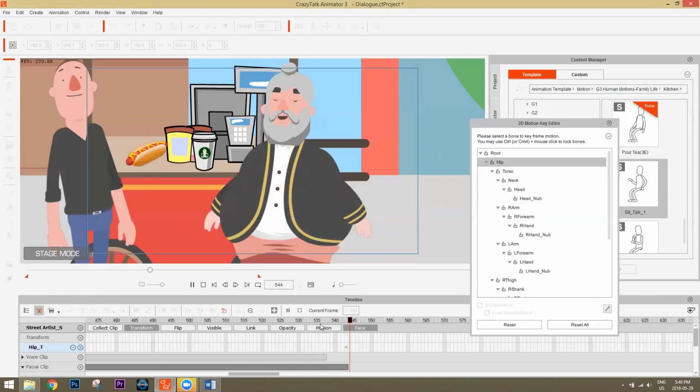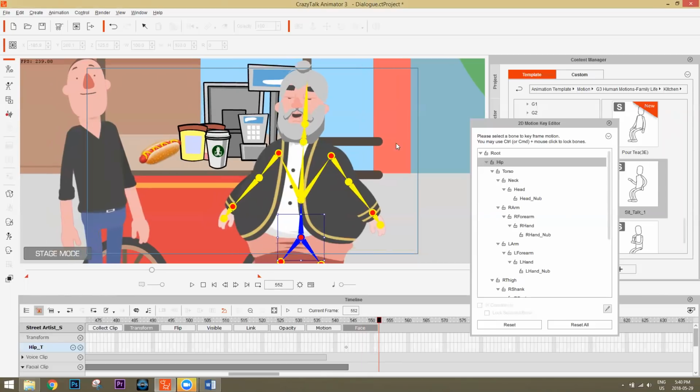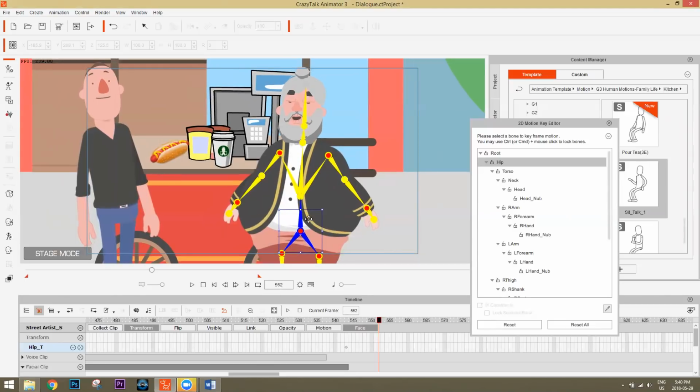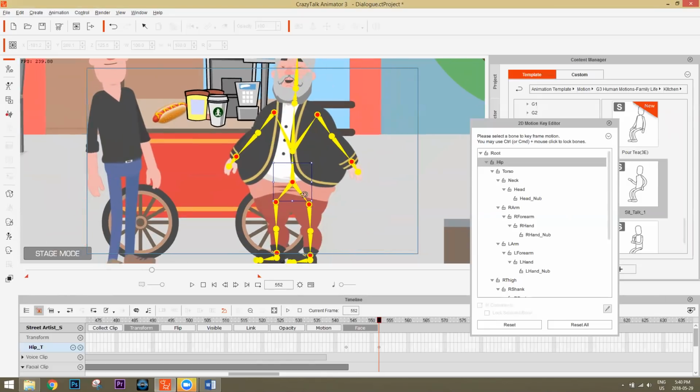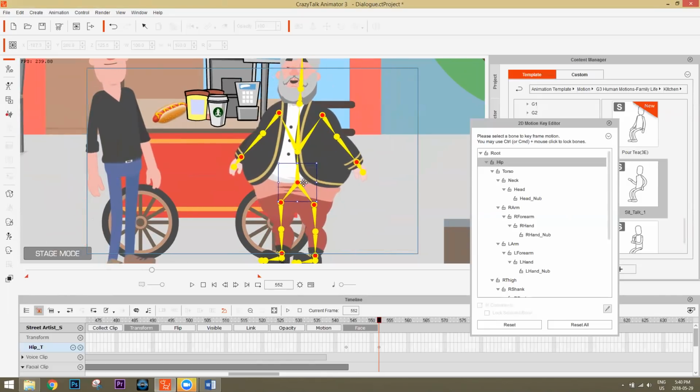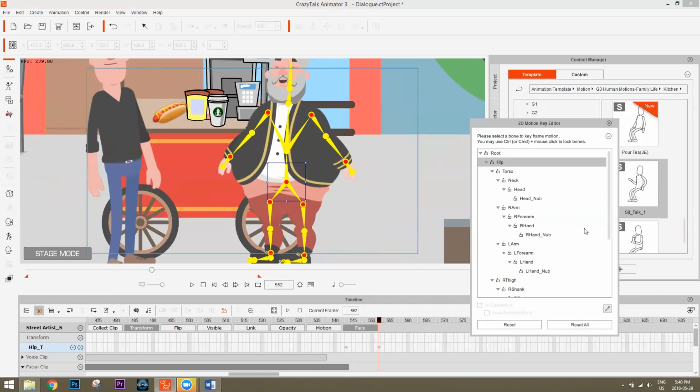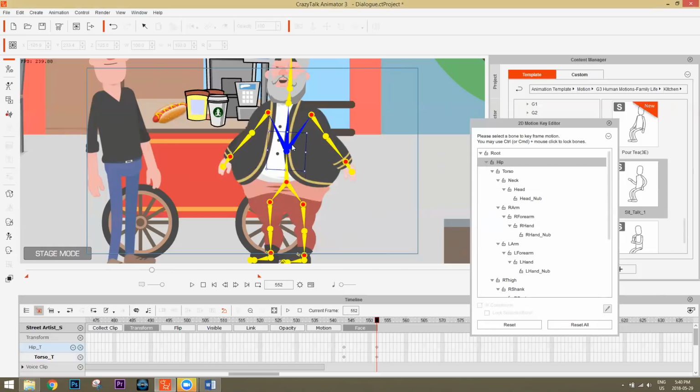Okay, so from here to here is when we're going to have him move towards the hot dog. So he's going to grab the hot dog. You can actually click and drag on the hip bone like this, and you can see it moves his position, which we don't want. Keep that in mind, just press reset all, and we can lock his hands, or we can even twist, rotate his hip, or we can take his chest bone here.